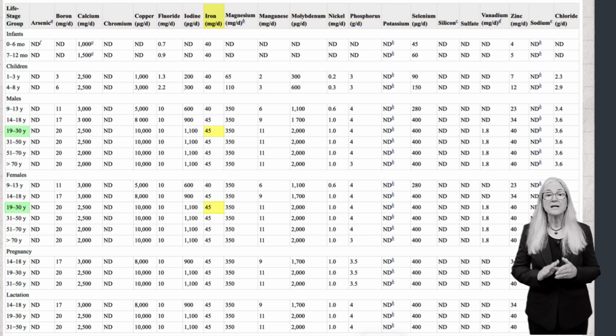For example, the upper level for iron for a 30-year-old female and a 30-year-old male is 45 milligrams per day. Consuming more than this amount may lead to gastric upsets such as constipation, nausea, vomiting, and diarrhea. Notice that the range between the 8 or 18 milligrams listed on the last chart and the 45 milligrams listed here is not that large, and care should be taken to not overdo it with supplement use.